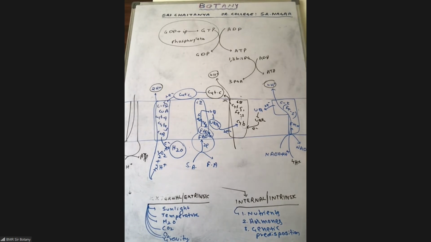17,500 new cells are obtained from the root apical meristem of maize. In how much time? 1 hour. That's important, the 1 hour duration is also important. A watermelon fruit cell elongates how many times? 350,000 times, 3.5 lakh times. Watermelon was also an example of maximum water content, 92%.